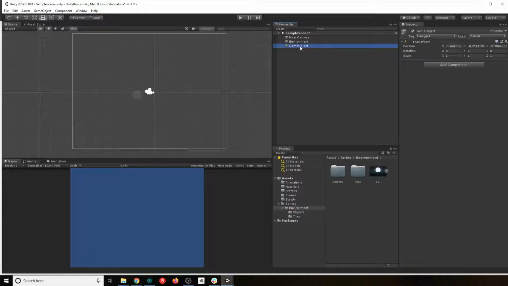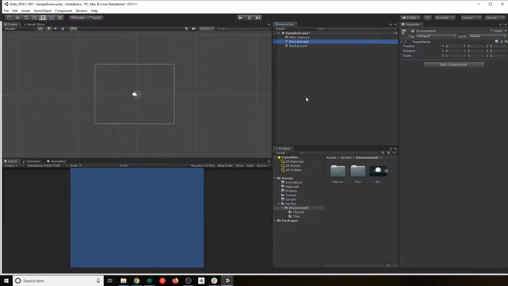So I'm gonna go ahead and create another one, and it's gonna be called background. As you see here, I moved something in my scene, so now my objects are not being created in the center, which I don't really like too much. So here we are in the position we wanted. There you go. And I'm gonna put it here.